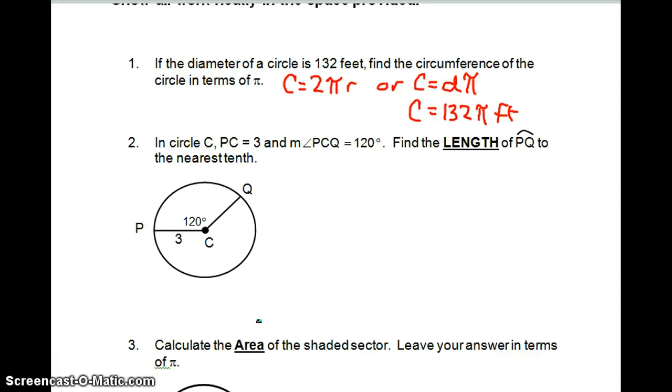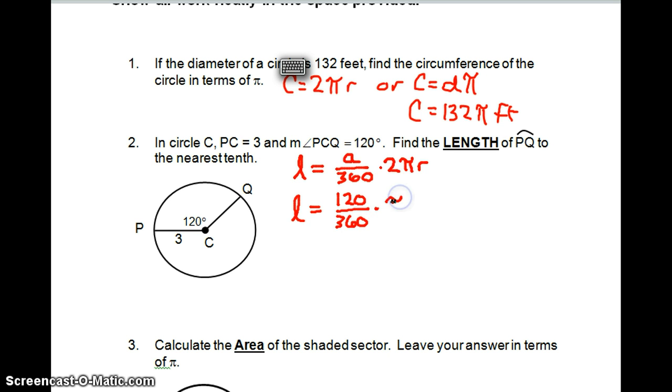Find the length of arc PC to the nearest tenth. When you see length, you know you're going to have to use the formula for arc length, which is L equals A over 360 times the circumference, which is 2 pi r. Now we just need to plug in what we have. A stands for the angle measure, which is 120. So L equals 120 over 360